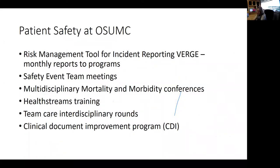So under patient safety, how are we gathering information as it pertains to the safety of our patients? We do have a risk management tool, and every hospital has a risk management tool for incident reporting, and our tool is known as Verge. And basically what we do is the residents in each of the programs will submit a certain number of incidents. It goes into a database, and our risk management and quality department actually investigate these incidents, and then at the end of the month they are reported back to the programs so that the programs can discuss them in their